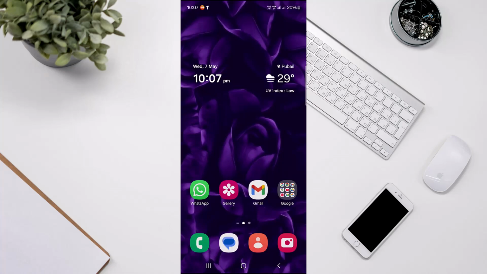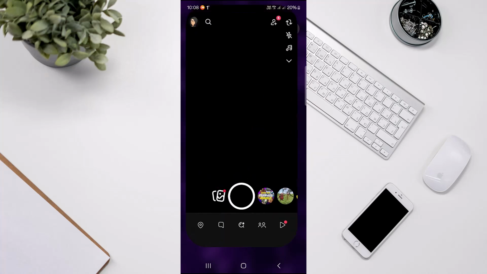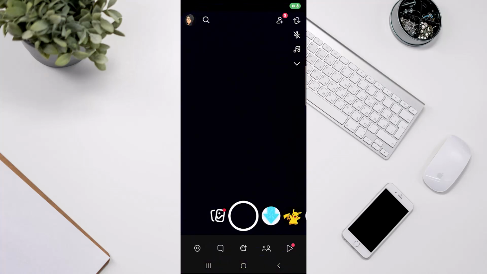In today's video, you are going to see how to remove friends from Snapchat silently. So let's head over to our Snapchat application to see that. Once you're there, make sure that you've logged in into your desired account and then head over to the DM